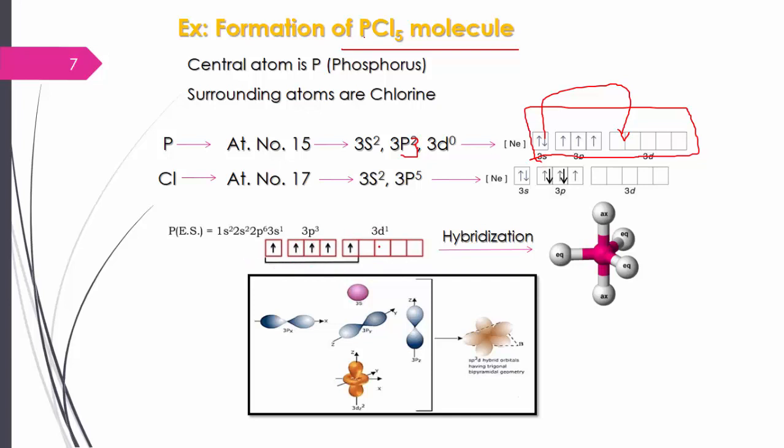All these 5 unpaired electrons in the atomic orbitals, the s orbital, the 3 p orbitals and 1 d orbital, undergo hybridization to form hybrid orbitals having a trigonal bipyramidal shape. This means 3 atoms are in the plane and 2 are along the z-axis, one above the plane and one below the plane. Here we can see the structure. Likewise, these are in the plane, and these are called equatorial bonds, and these two are the axial bonds.